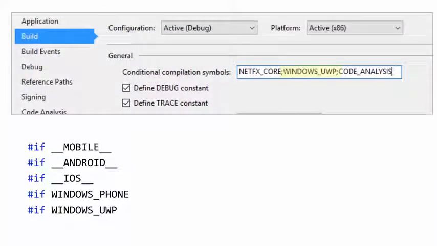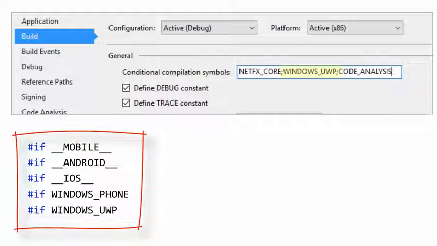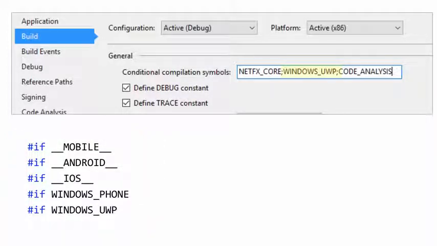The way that we set up our conditional symbols is through the Build tab in your project settings. Notice here we have defined Windows_UWP. That allows us to then use that symbol with a #if inside of our source code to be able to restrict that block of code to be specific to UWP applications. In the same way, we have other symbols that you can see here to be able to isolate specific types of code. For example,